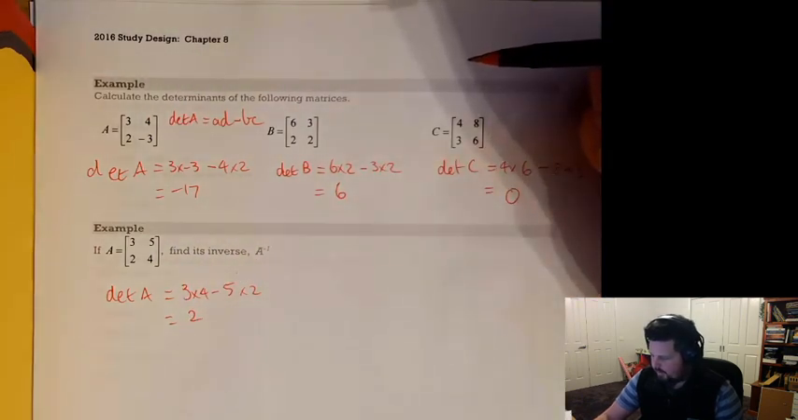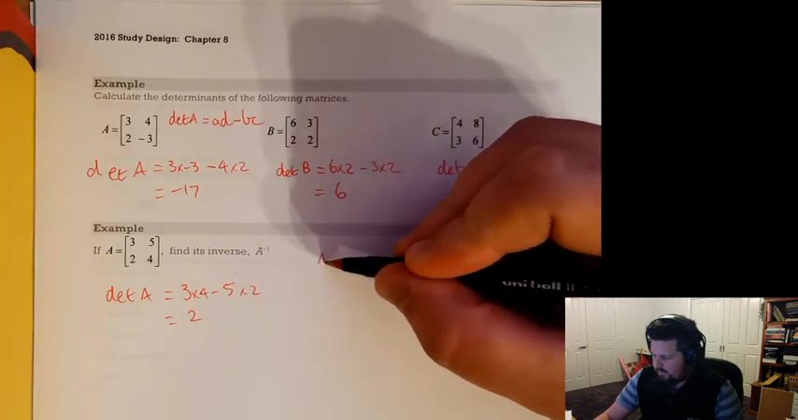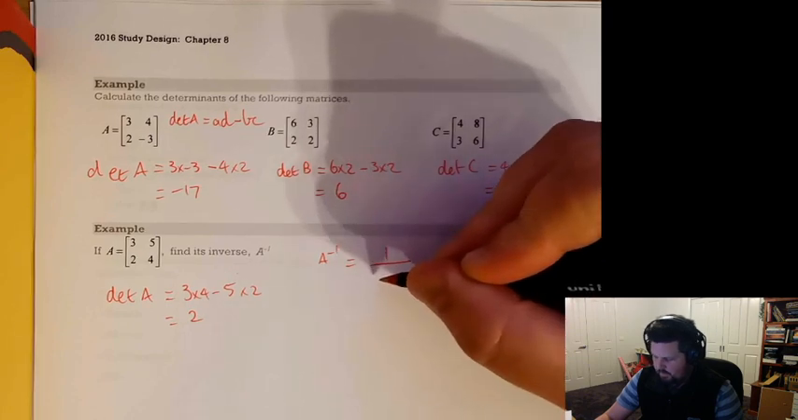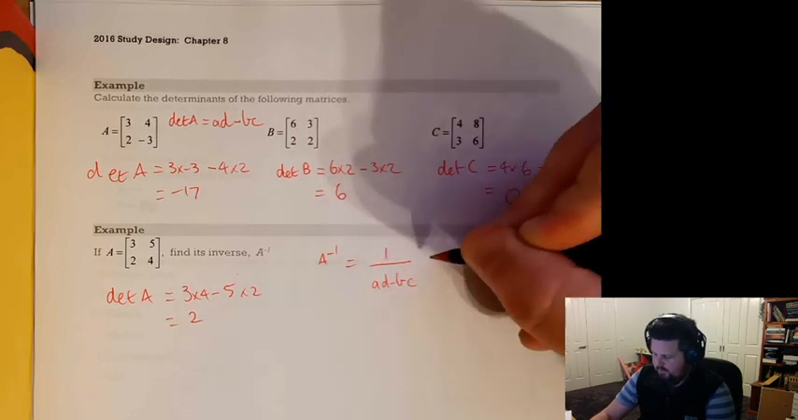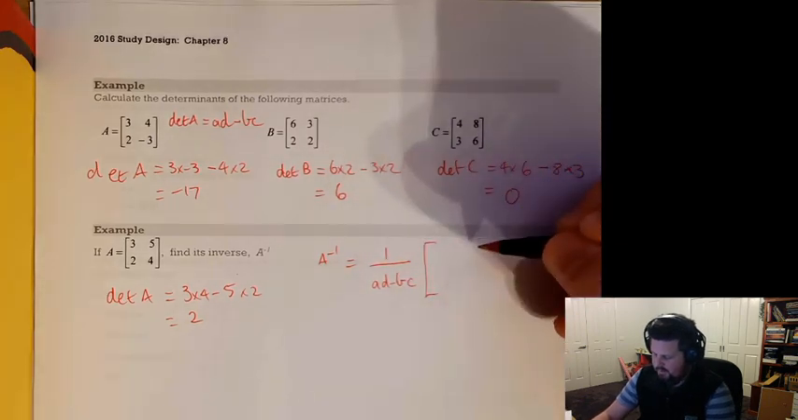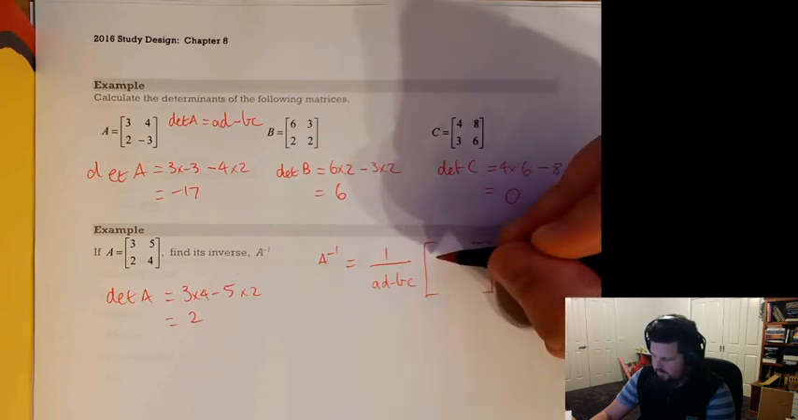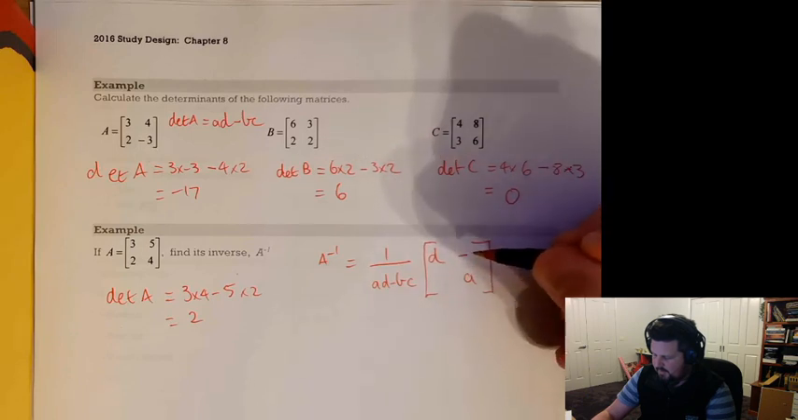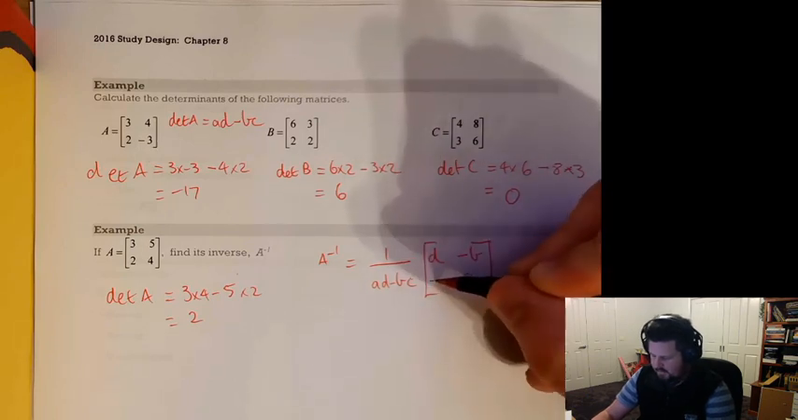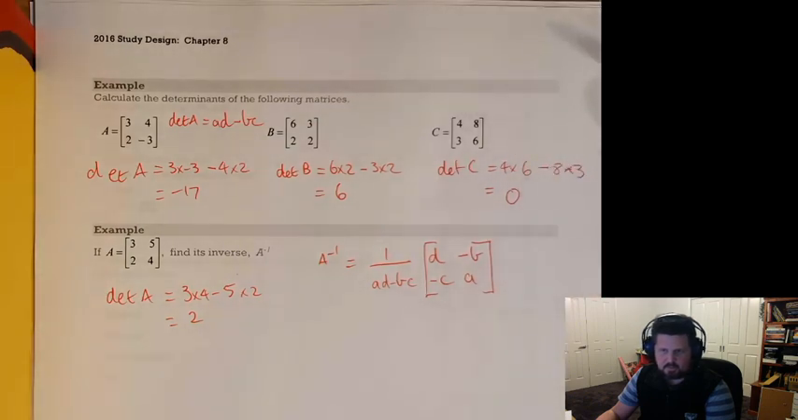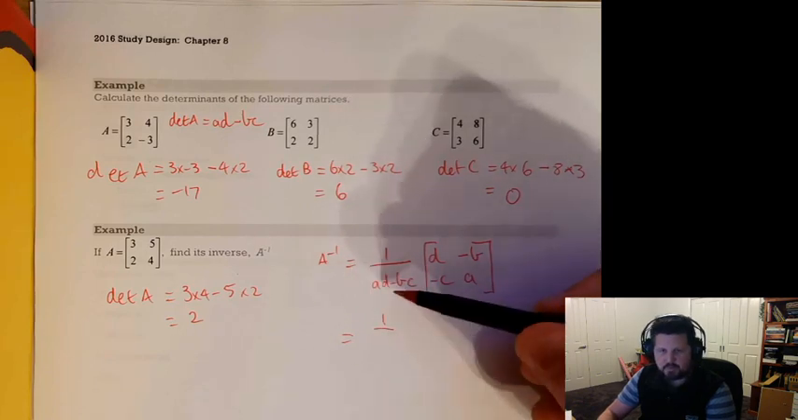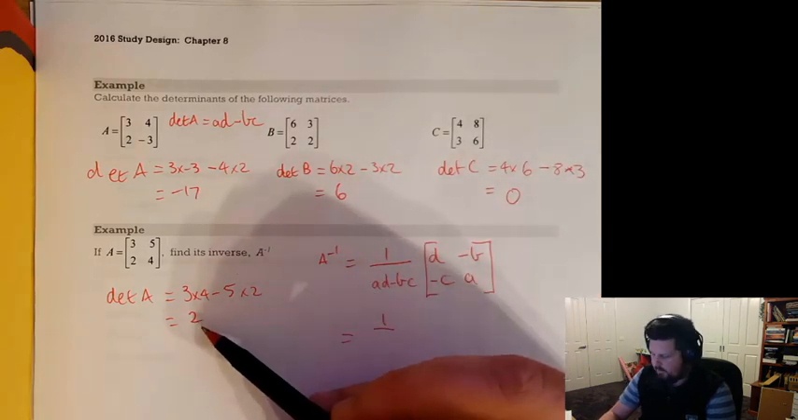Now, as we said a little bit earlier, if you are working out the inverse, it is 1 over the determinant, so 1 over AD take away BC, multiplied by the matrix where we swap things on the diagonal. The A and D swap positions, and the values on the other diagonal become negative. So let's plug in the values that we know. It's going to be 1 over the determinant, which we just worked out, so it's going to be 1 over 2, and